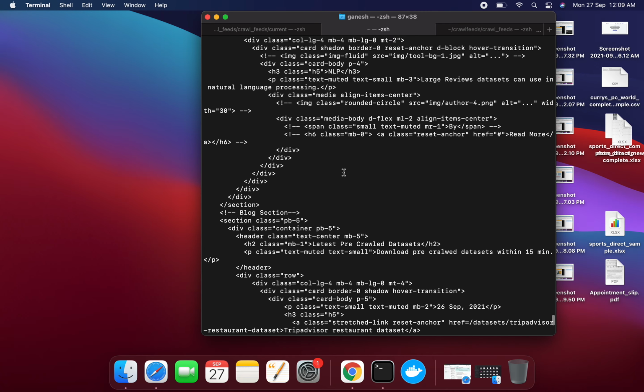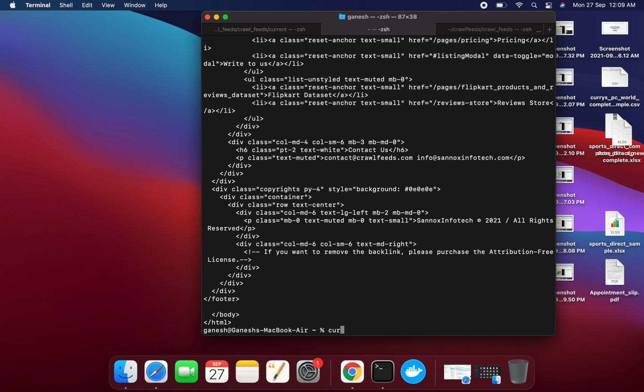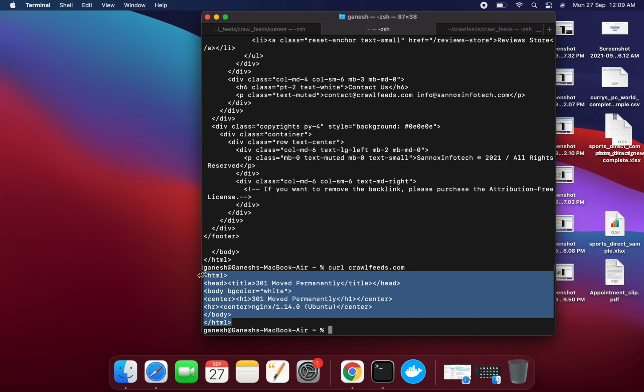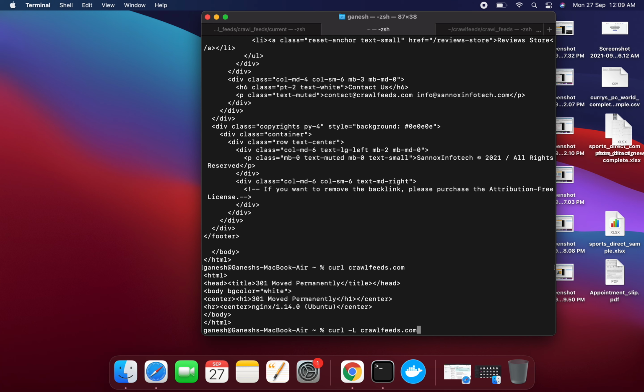When I first typed curl crawlfields.com, it did not redirect yet; it has to redirect to the original domain. But if we pass -L, it will directly redirect first, then it will take all the source page.